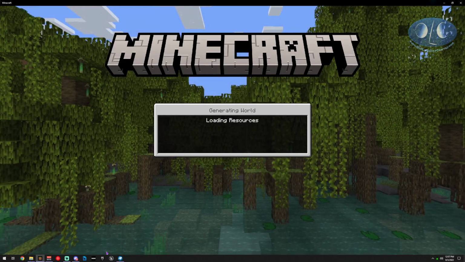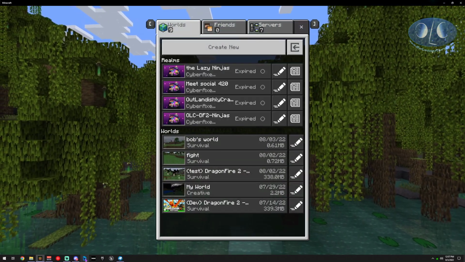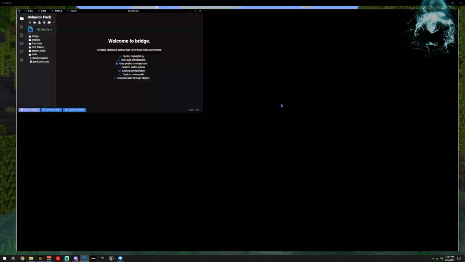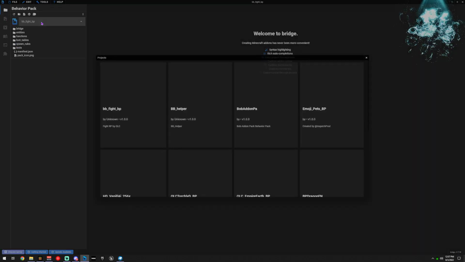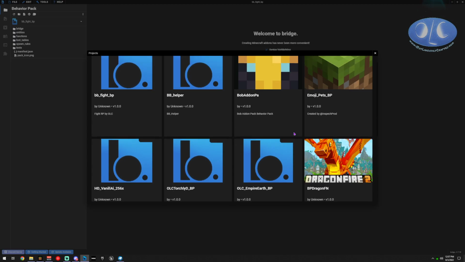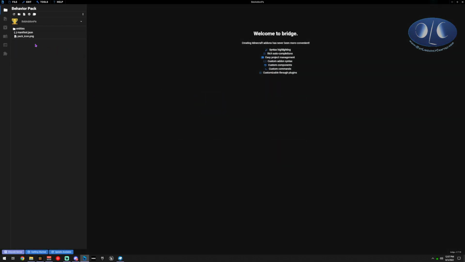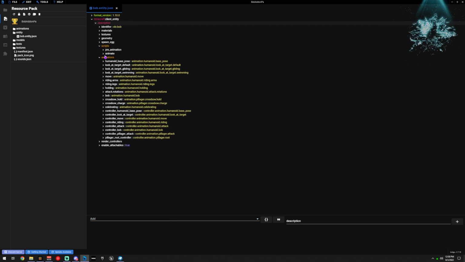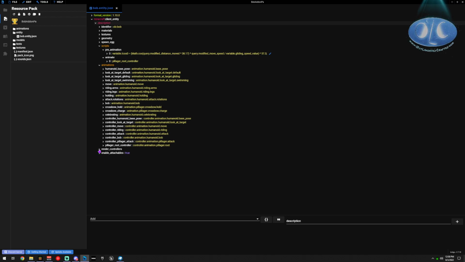So we're going to jump out of here, and I'm going to jump into a program called Bridge Editor. I'm using version 1. Version 2 is available. Version 2 does work on mobile. And what this does is it just means I don't have to do any JSON or know any of that or do any syntax or any of that crap. I can just come in here, open up my entity, and right here I have all of the stuff that the entity uses that Blockbench set up. I have everything ready to go, so I don't have to do any of those other things.